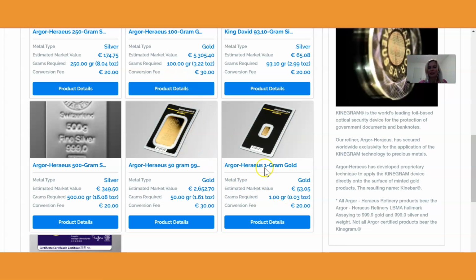To put this product together, the labor cost is 20 euros. A 100-gram bar is 30 euros, 10 euros more. So I would rather keep saving, if I want to have it shipped, until I have a higher amount,